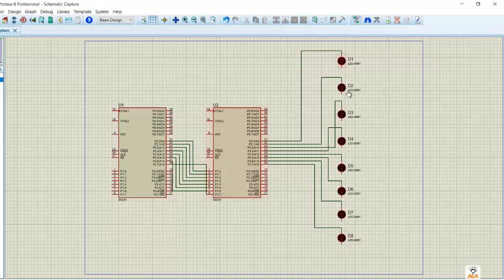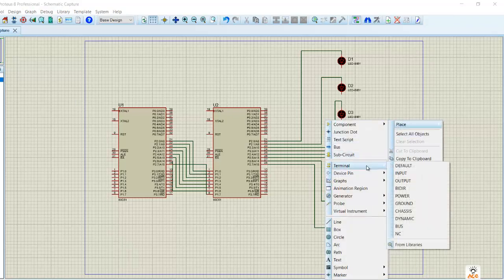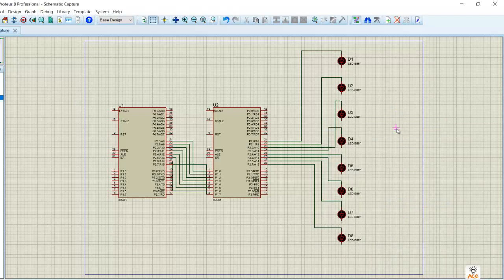Okay, so these LEDs again need to be connected to ground. So right click, place, go to terminal and select ground. So place your ground over here and just connect all the LEDs to the ground in this way.